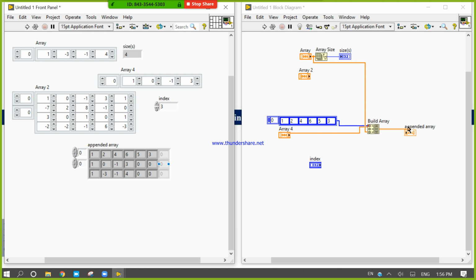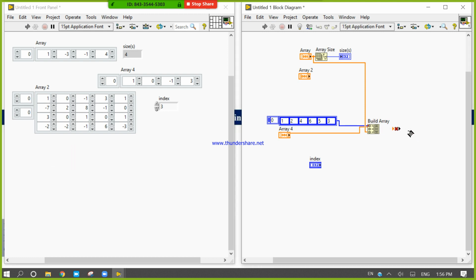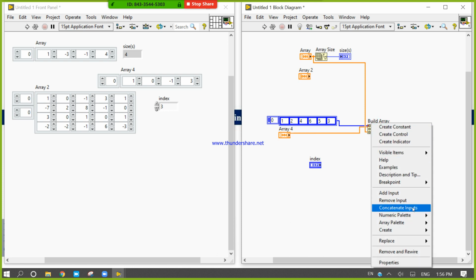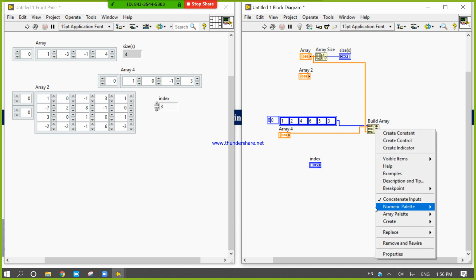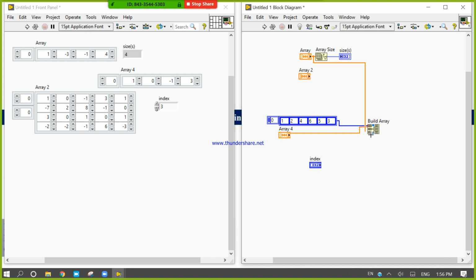Again, look carefully. If I click here and come to Concatenate Inputs, I click Concatenate Inputs and you get this check mark, and after that there are two blocks present. Now if I create one indicator, I will get all the data in a concatenated manner.